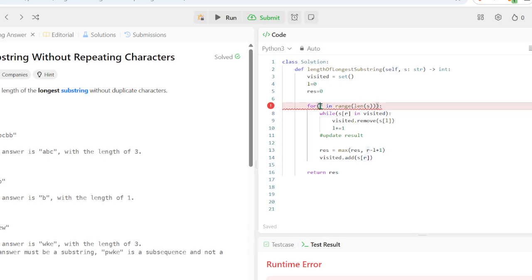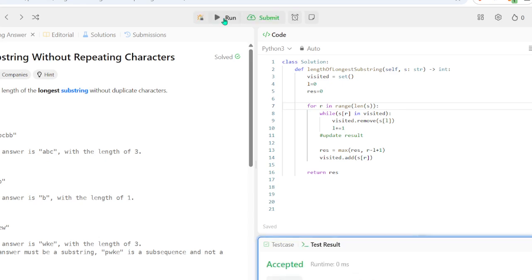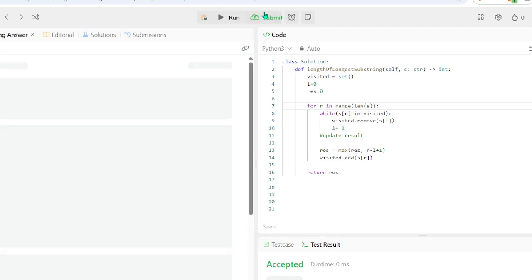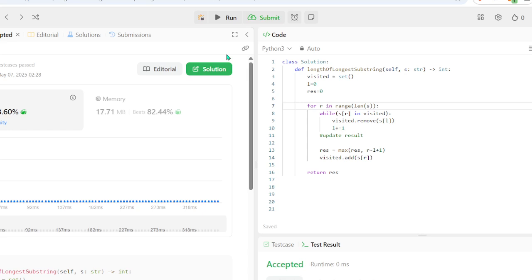What did I do wrong? I'm so confused. I don't know what that syntax error was. Okay.